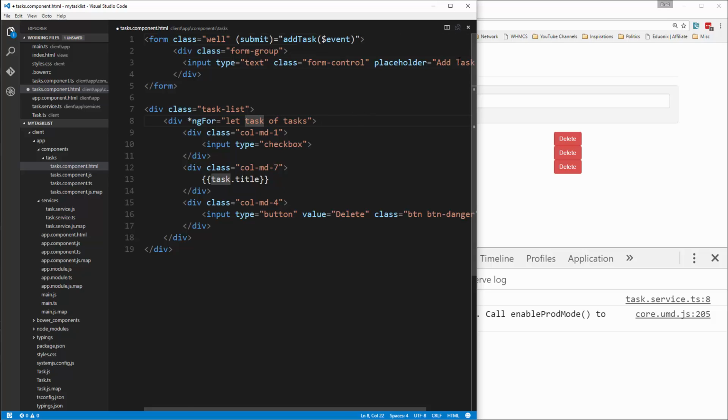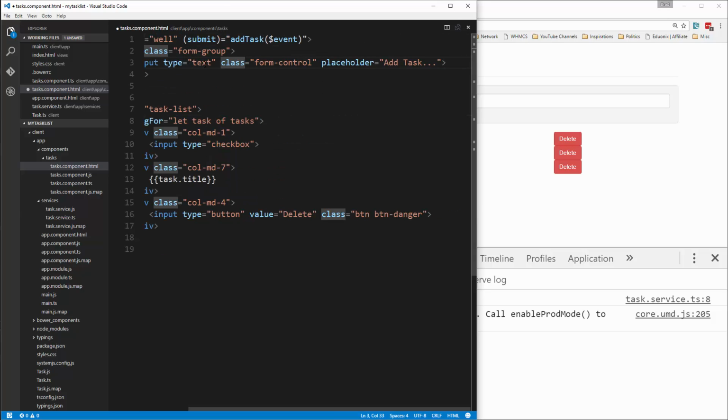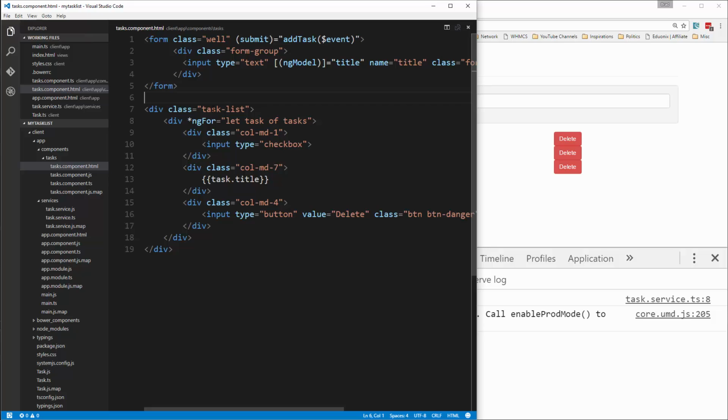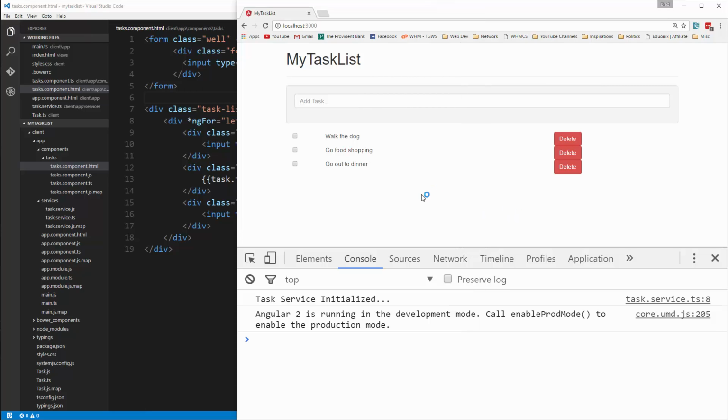Alright, now for the title here, this is going to be its own property, so we're going to set an ngModel, and we're going to set it to title, and then we also need a name attribute set to the same thing, title. Alright, now if I save that, I think we're going to get an error